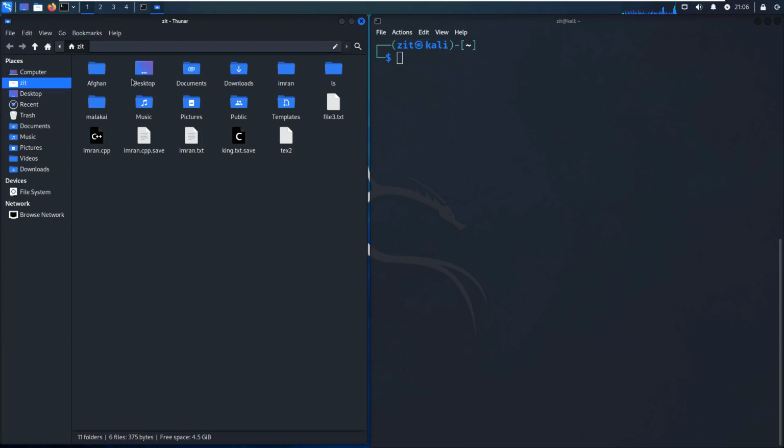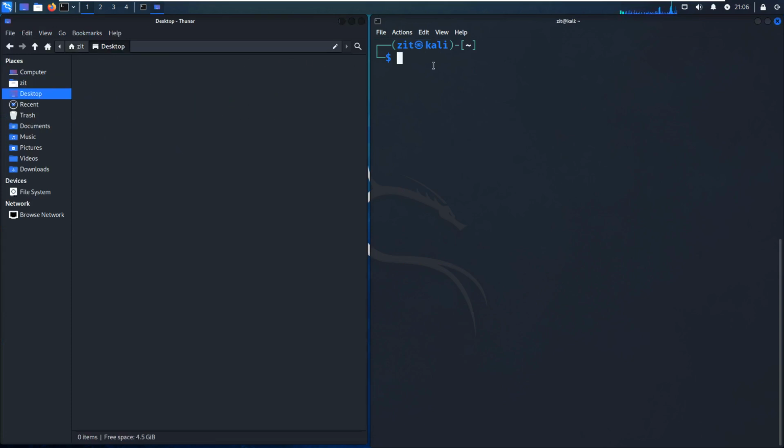I will open the desktop from this side to show it a little more comprehensively. Okay, cd, I will change my current directory to desktop. For now I'm in desktop. You can see the location. I will clear the terminal to show you all this. Okay, I'm typing first nano. I'm creating a file by the name of